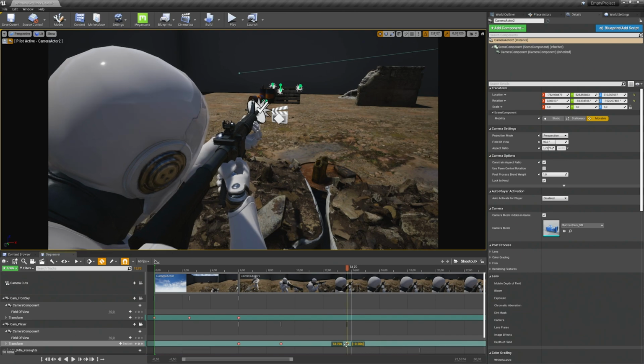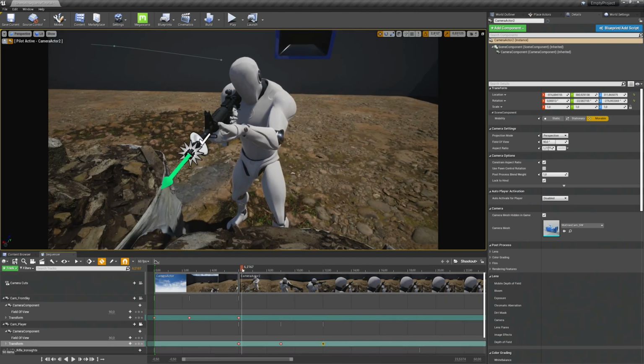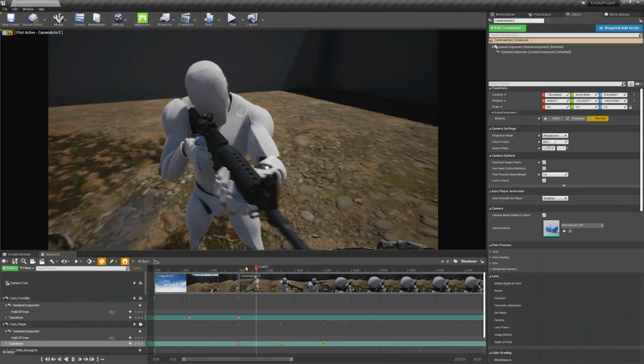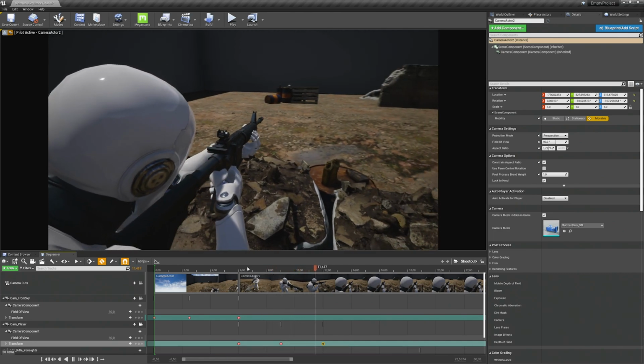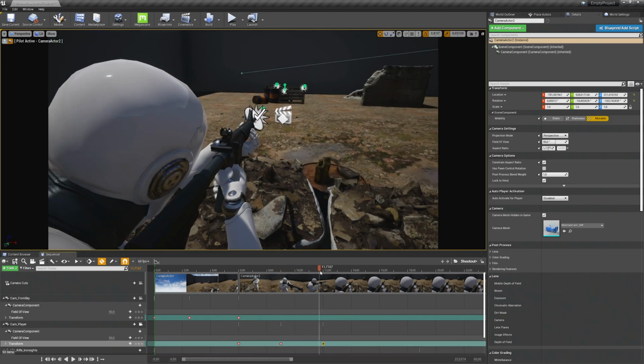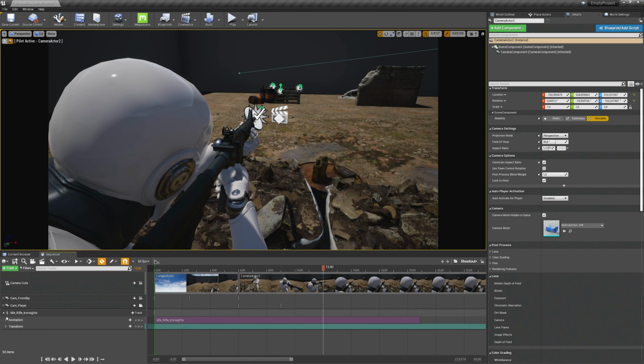Also this here, 12. Then it should be a bit faster. Alright, this looks good. Then we can close those camera details.